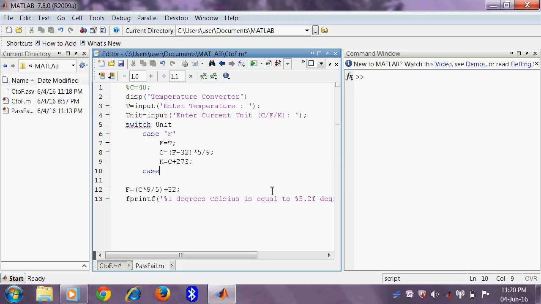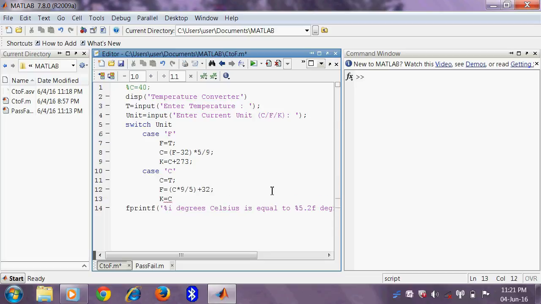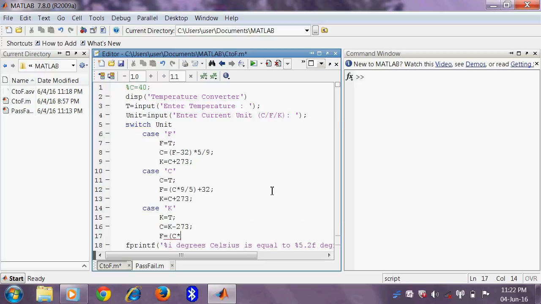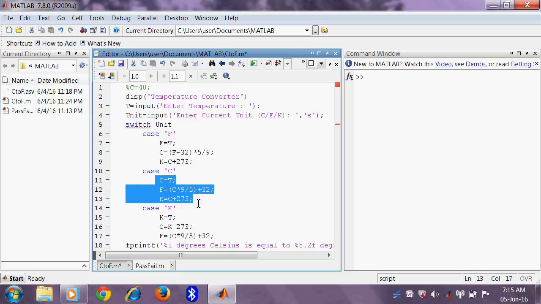After that, a new case, another possible value. Say the user enters C for Celsius, followed by statements to convert it. Then a third case of Kelvin and its respective conversions. Now if the value of this variable or any other expression here matches one of the cases, the statements after the case will be executed.